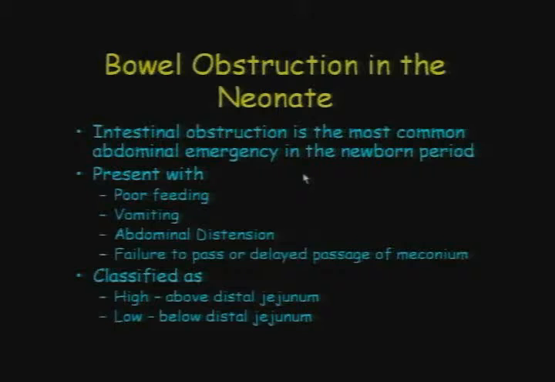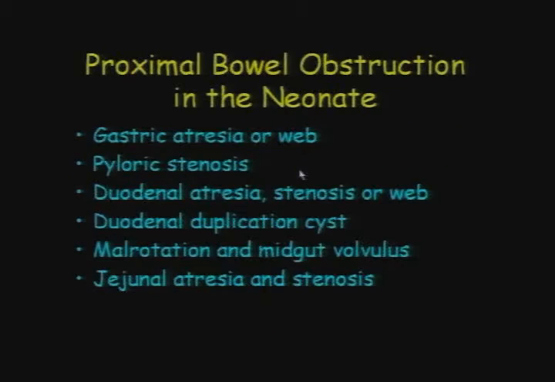Okay, now we'll talk about obstructions that are a little further down. Intestinal obstruction is the most common abdominal emergency in the newborn period, and these kids may be prenatally diagnosed, or they may present with vomiting, poor feeding, and abdominal distension, or they won't pass meconium. What we're trying to do when we look at our plain films is decide, do we think it's a high